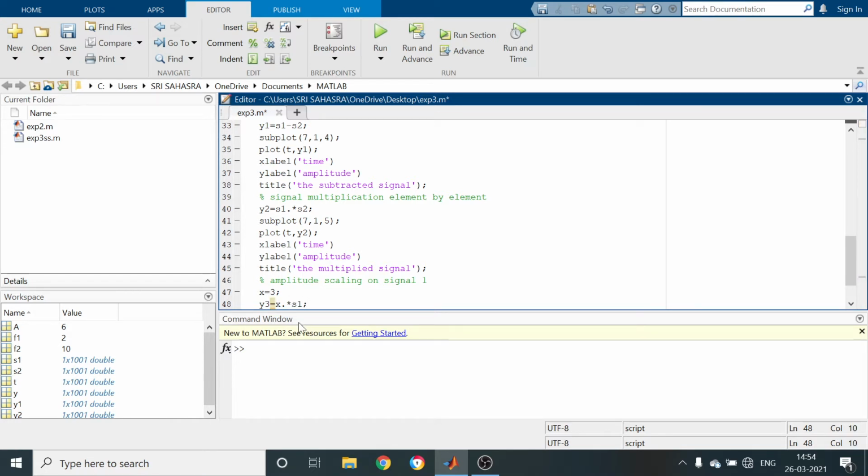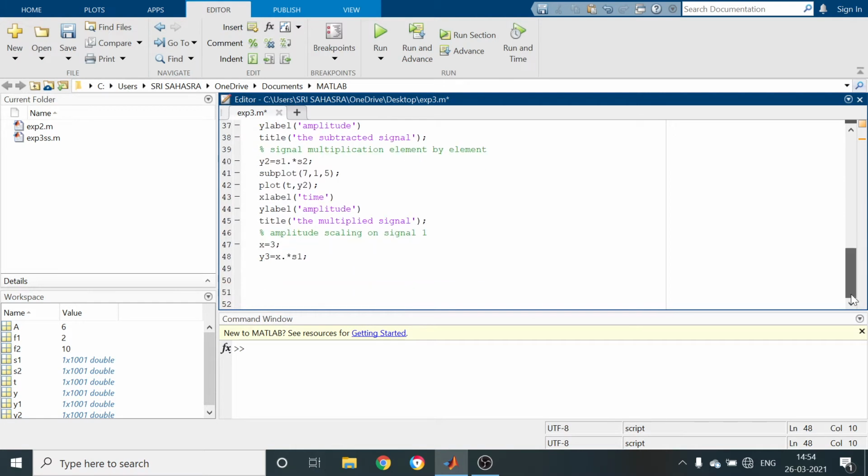So what is the meaning of this instruction? The given signal, whatever we defined as the signal s1, is multiplied with a constant. That constant value equal to 3, which is greater than 1. The resultant signal is stored in a variable y3.